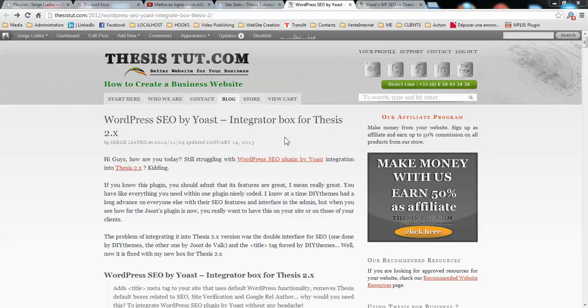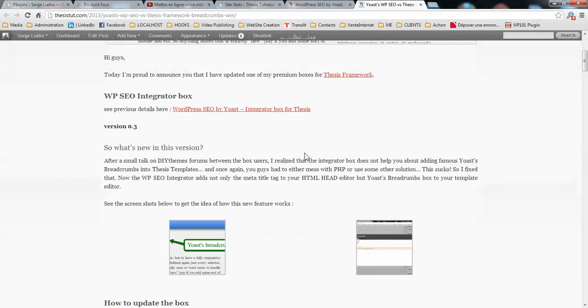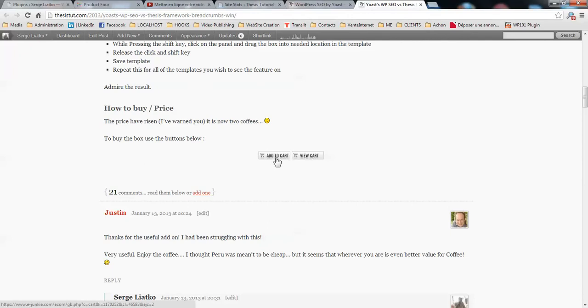So to do so, you need to download the integrator box for Thesis 2.x. So this box actually disables the features of Thesis for SEO control, and it gives the control to WP SEO plugin by Yoast. To download this box, you go to the download page, you just hit the add to cart button,